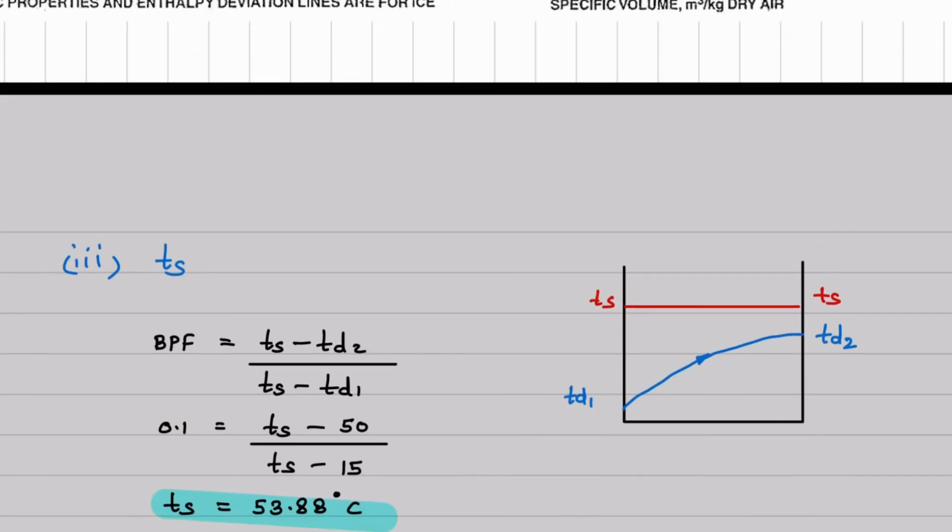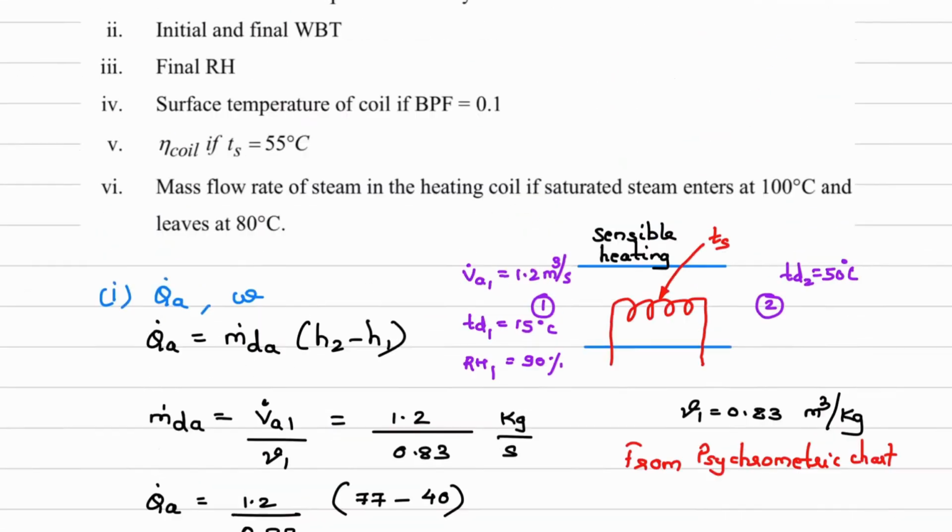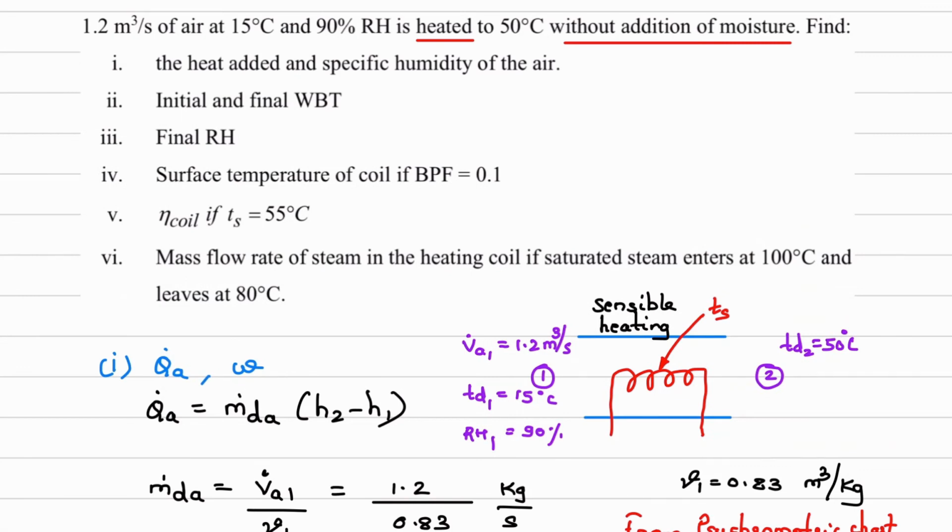Next question we will see. This is a bit tricky question. Here we have to use the steam table. Okay, understand the question properly: the mass flow rate of steam in the heating coil. In this heating coil we are supplying steam. Suppose this is the entry, denoted by point A. So steam is entering here and it is exiting at point B. We have denoted the points.